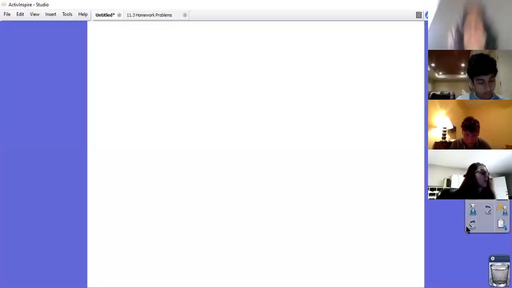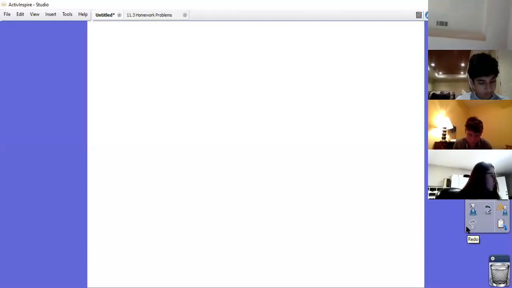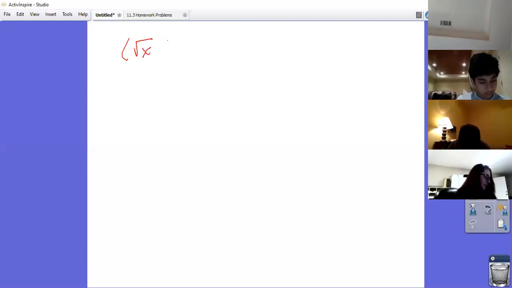So go ahead and grab your calculator. It might be helpful. So the last one on the second page was the square root of x